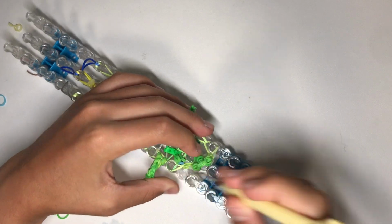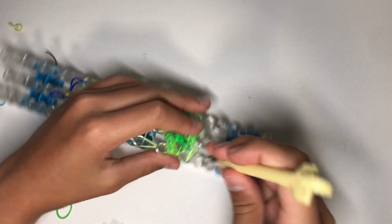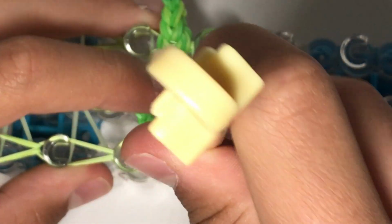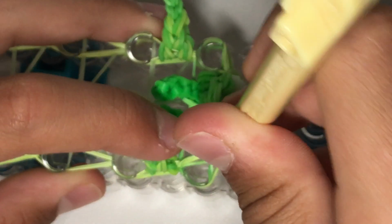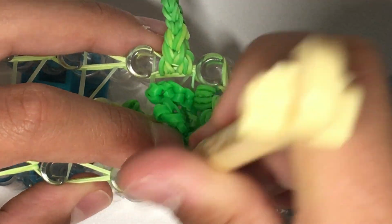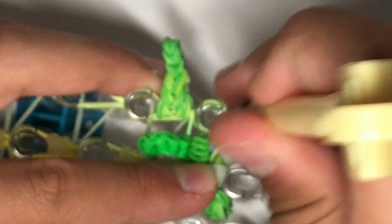So there, and there. Here's another one with the eye. So I'm gonna zoom in for this part to show what I'm doing, because it breaks a lot. So take off these two bands, because there's a lot of bands on here. So then these bands, and then these, and then these. So very careful with that. And then on the other side,